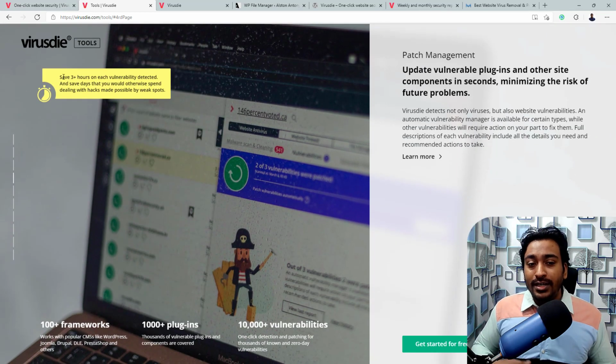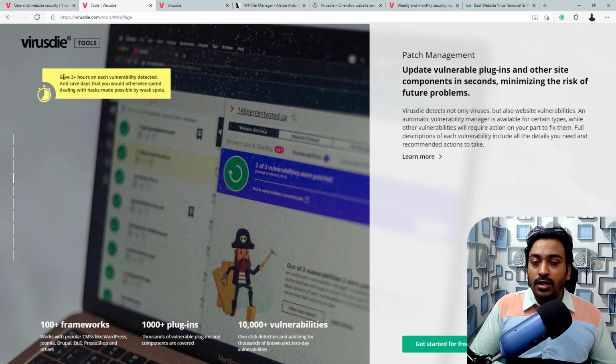The second component is patch management. This is something very critical if you are installing WordPress or something like that. Basically, we call these vulnerabilities. There are so many updates coming to themes and plugins. There are thousands of themes, and whenever there is an update, there is always a possibility of a vulnerability or some kind of issue which can increase the chances of a potential hacking attempt or a mass scale attack using these vulnerabilities.